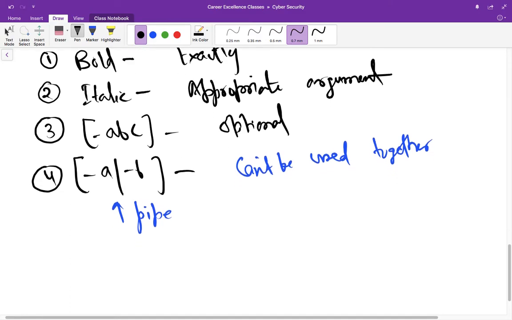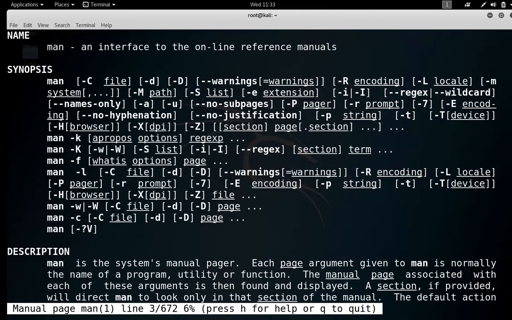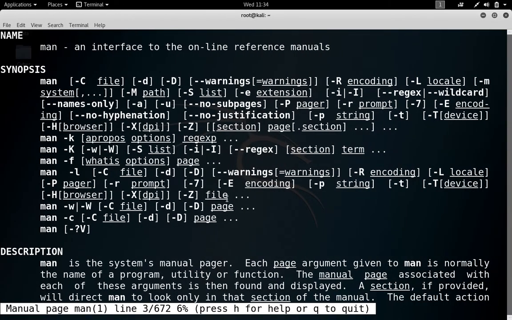Fifth thing, if you see something like this, one argument and then these three dots, it means this argument can be repeated. So you can repeat this argument multiple times, right?